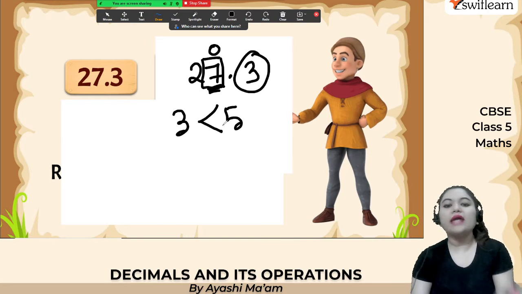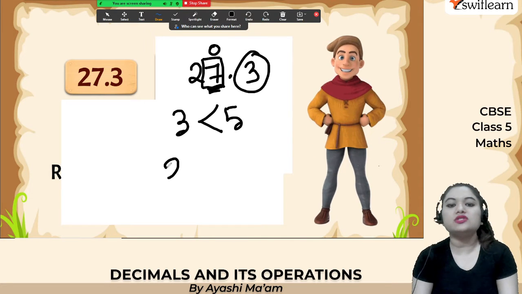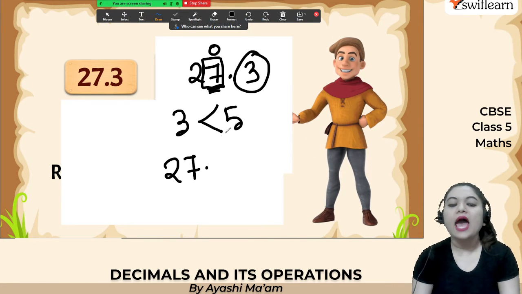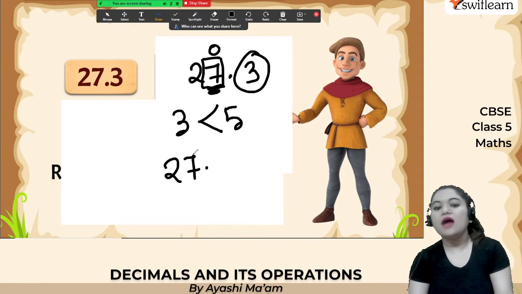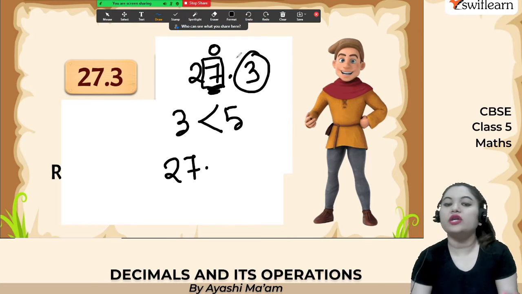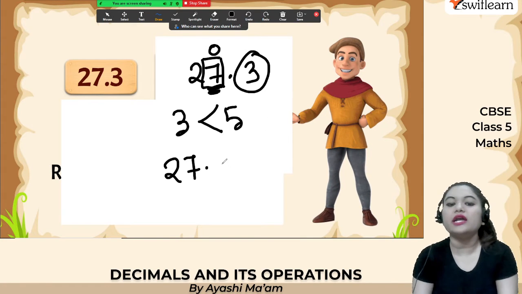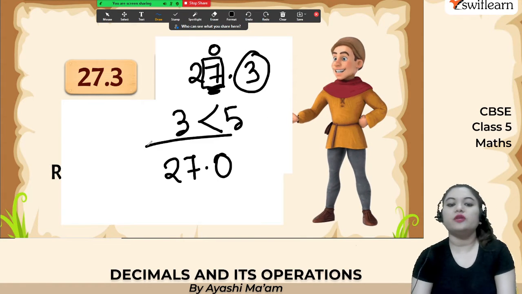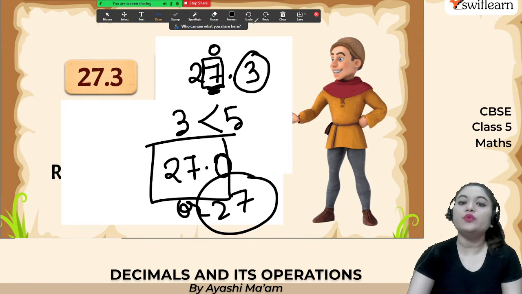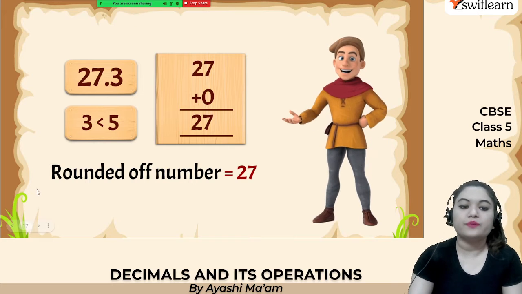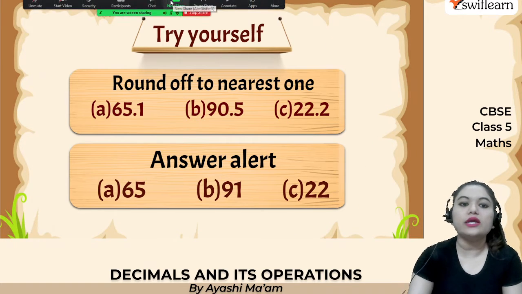Okay. We are not adding anything. So this will remain as it is. So it will remain as 27 only. And we will write the digits only. So you have been asked to round off up to ones. That's why we will write up to 27 only. And after ones, whatever you have, turn them into zeros. So it will become 27.0 or 27. And here we have our whole number. Okay. This is how we are rounding it off.